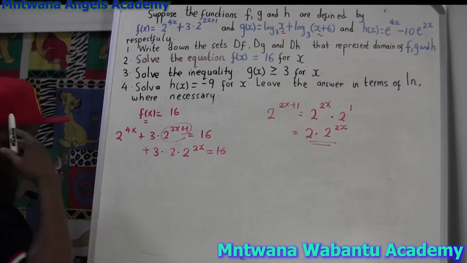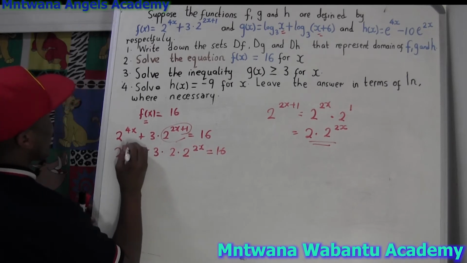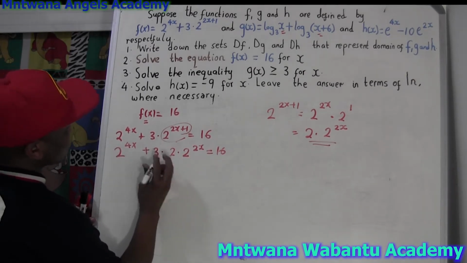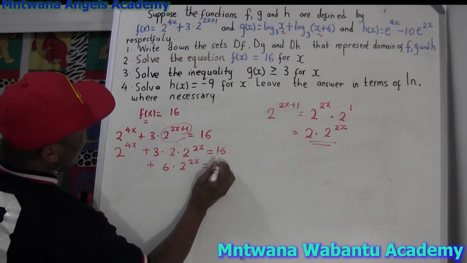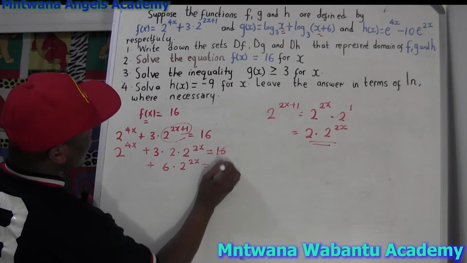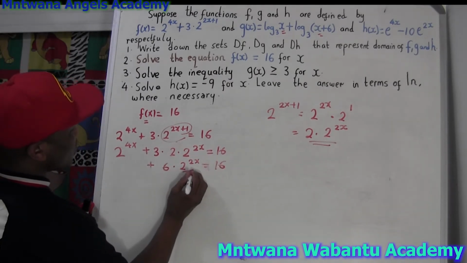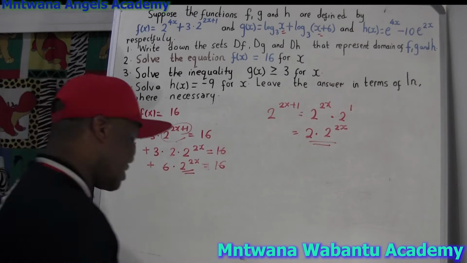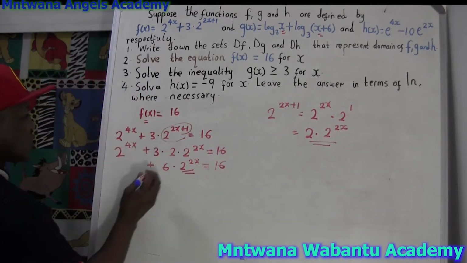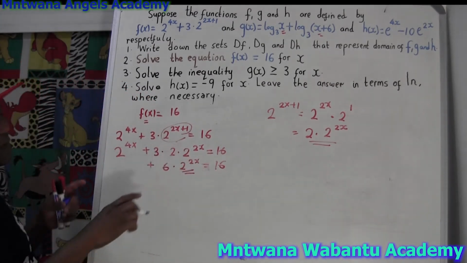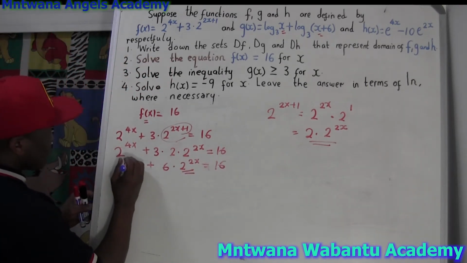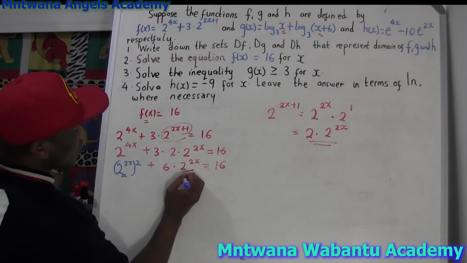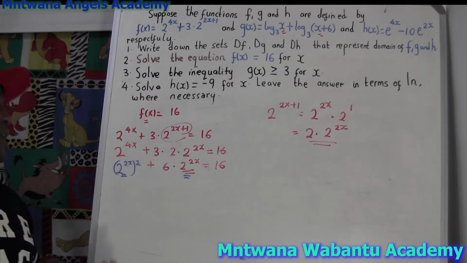So for 2 power x, I'm going to have to use common sense. Okay, let me write it, and that will show you what I'm going to do. 3 times 2 equals 6, so this is equal to 6 plus, and this is going to be 2 power 2x equals 16, and this, look, I want to make it look like this. You know what I'm saying? That's why I say this is quadratic, but I kind of play with your brain. So how am I going to make this look like this? Whenever you have this type of question, try to make something look alike. So this is, let me say, 2 power x squared. Can you see? This looks like that. So now, since they look alike, I can let